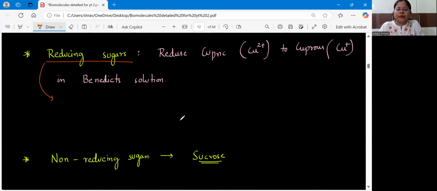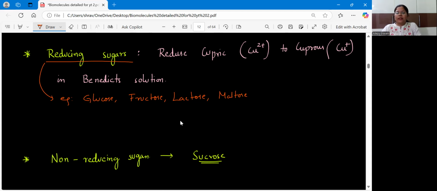if I tell you examples, let me tell you first. Examples will be your glucose, then fructose, then we have lactose. Next, we have the maltose. Okay, etc. We have so many others. So these are the sugars we call reducing. Now, why we call them reducing is,